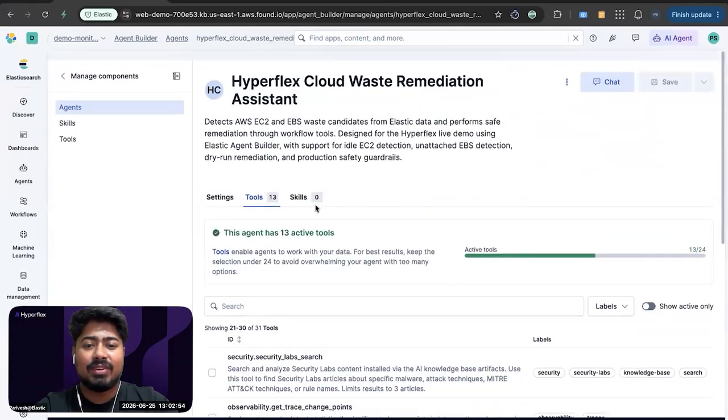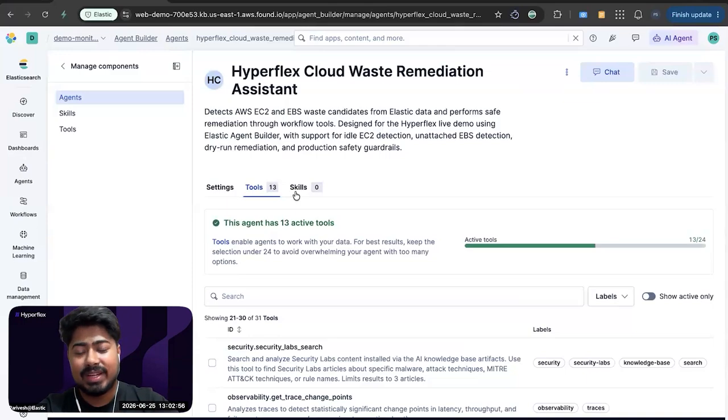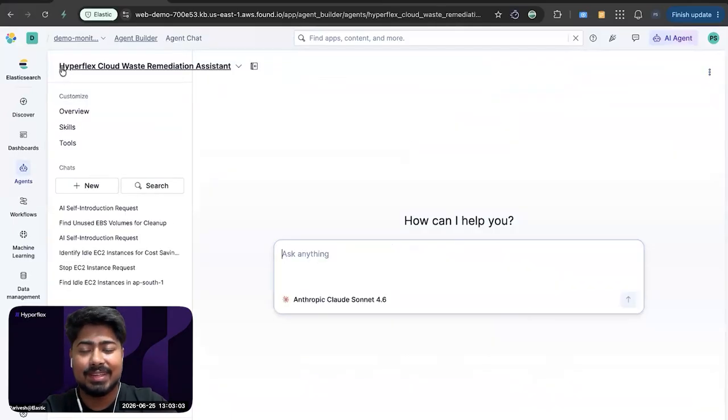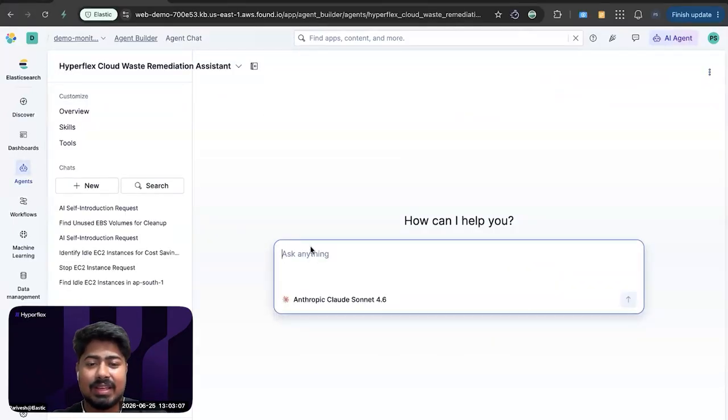So once you have defined your instructions, your metadata for your agent, you have attached your tools, you have attached your skills, you just need to go ahead and click on create agent and you will be getting this kind of UI